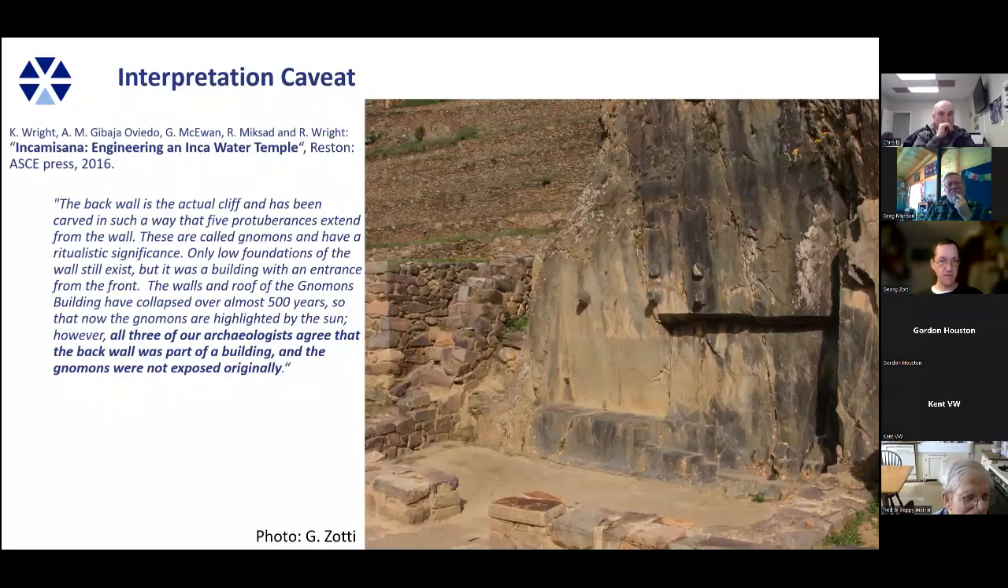They're describing the back wall. And then they say, all three of our archaeologists agree that the back wall is part of a building and the gnomons were not exposed originally. Well, for me as a non-archaeologist, I say, okay, I can also see that. I can see this dark line where maybe there was some sort of roof attached. But